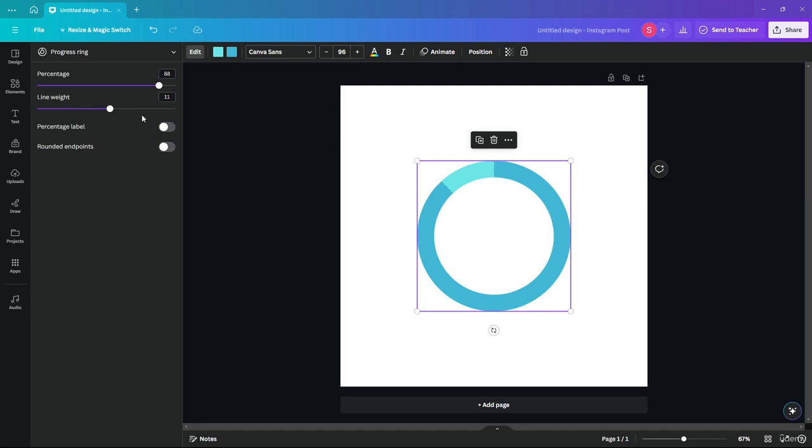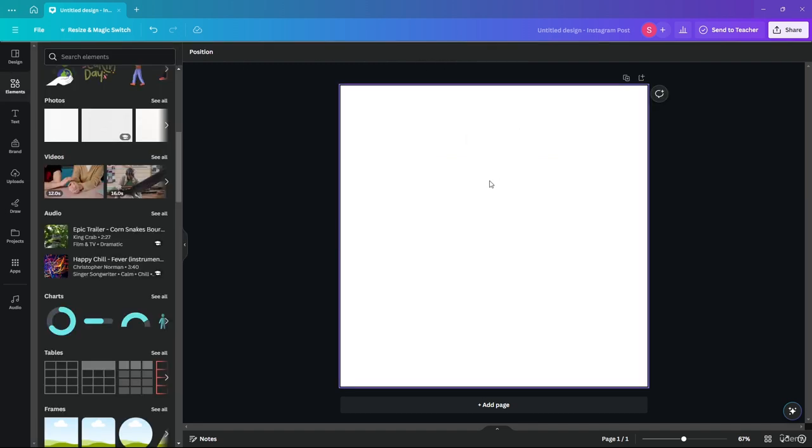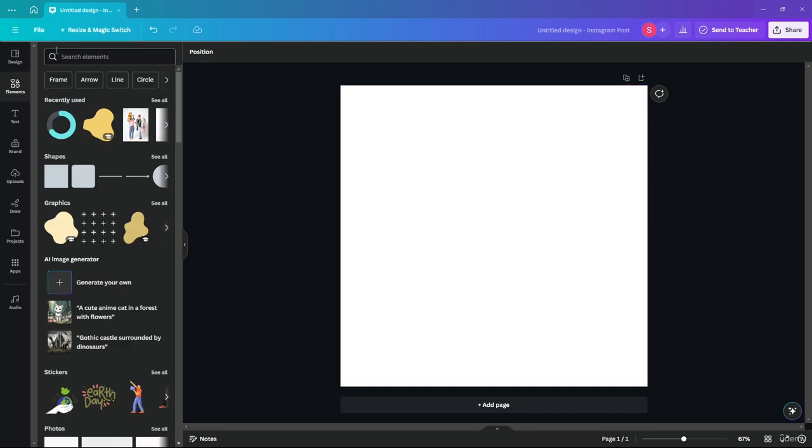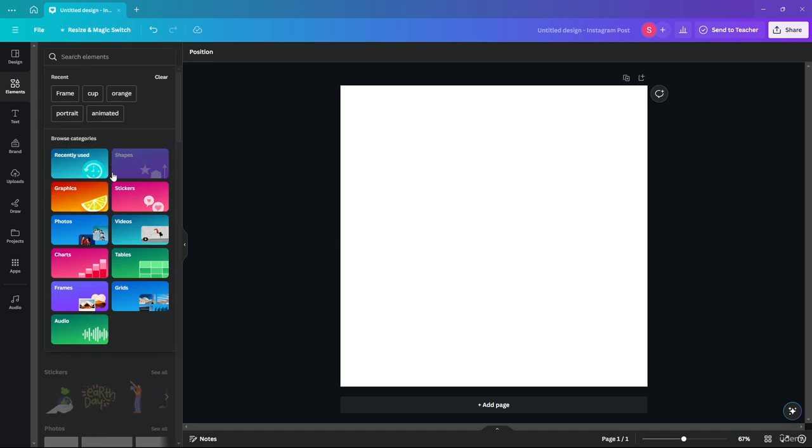And you can also give it rounded or non-rounded as well, as you can see. Now I'm going to go ahead and press the delete button to delete that. Now, underneath Elements over here, if I go ahead and left click here, as you can see, a new window pops up. A smaller window pops up with recently used shapes, graphics, stickers, photos, videos, charts, tables, frames, grids, and